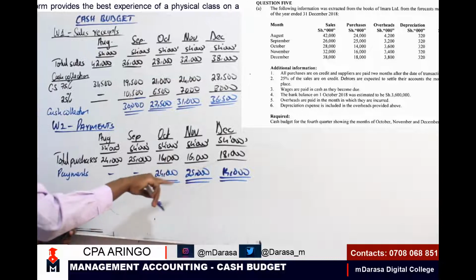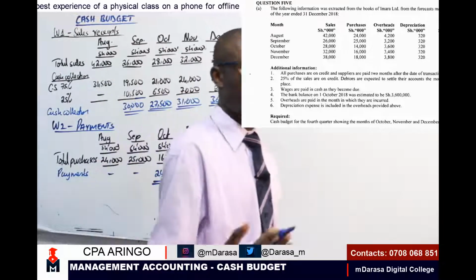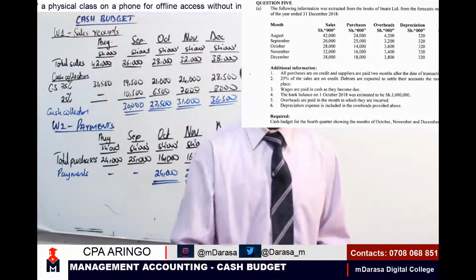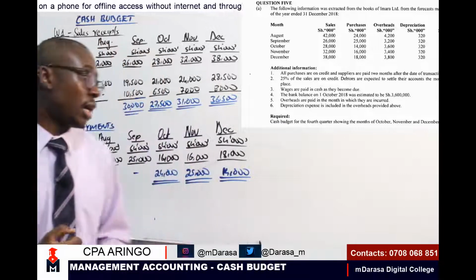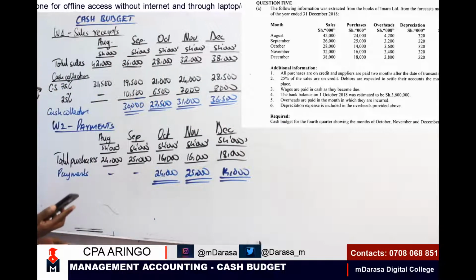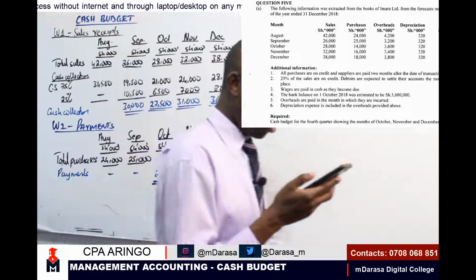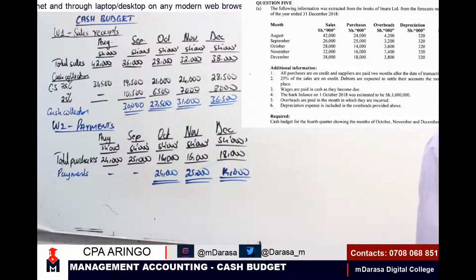So these are where we're having our cash outflow. Because remember, the whole concept of cash budget, our focus is on cash inflow and cash outflow. So looking at that case, considering any other statement that we require working, if we can focus on note 3, wages were paid in the same month. Overheads paid in the month in which they are incurred.